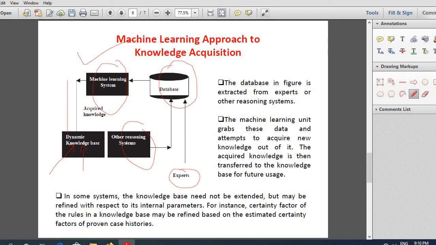That certainty factor of each rule can be updated according to new information. If some other case happens and that rule is proved from some other examples or histories, then that can be used to update the certainty factor of the rule.